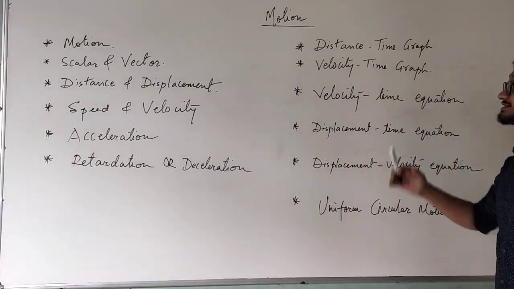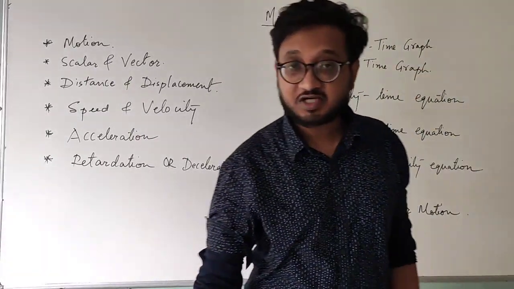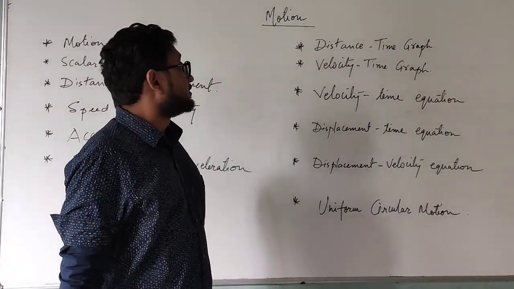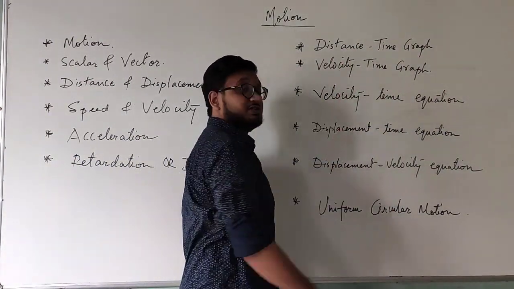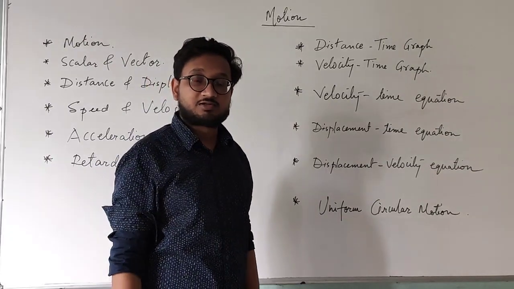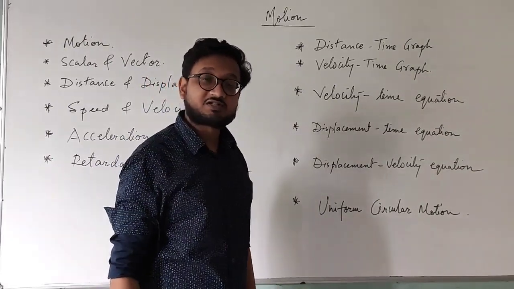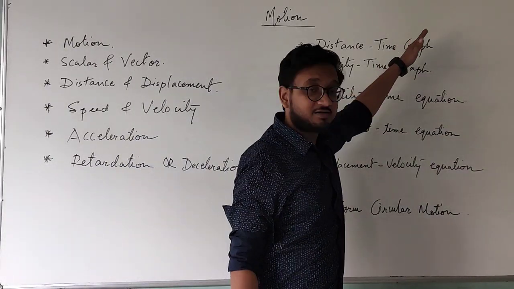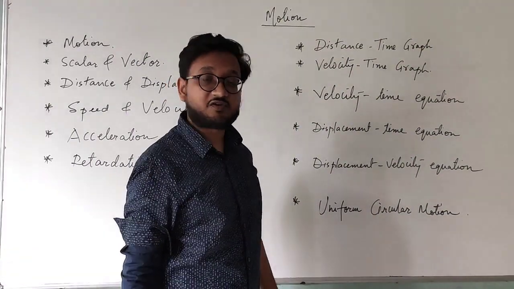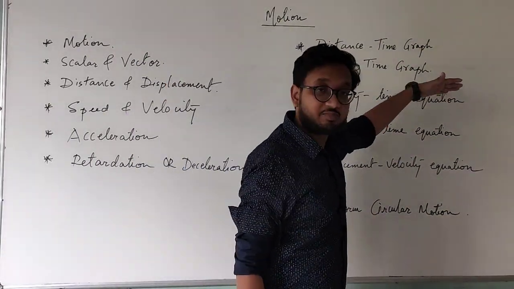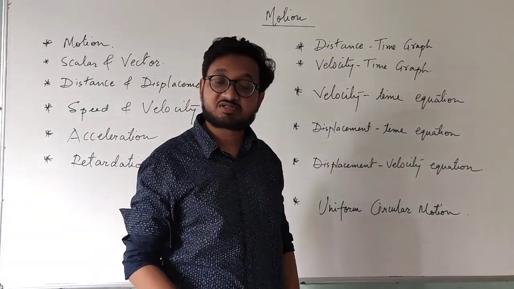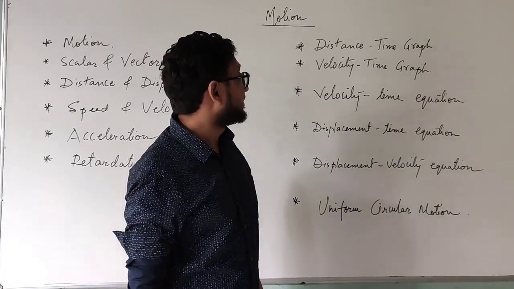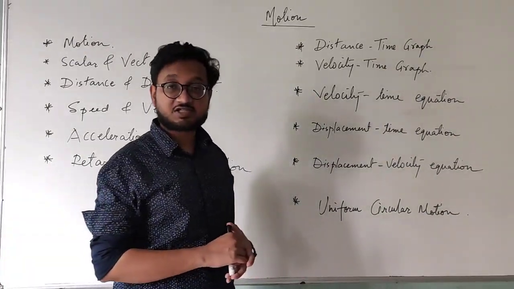The next point is distance time graph. Let's study the different graphs describing motion with respect to distance. Okay, so in a distance time graph, if it is a uniform motion, it is a straight diagonal line. If it is at rest, then it is a straight line parallel to the x-axis. That means its distance is not changing. So these two things we studied in distance time graph.